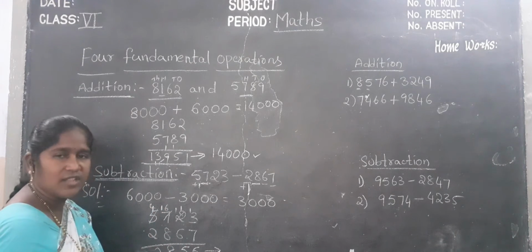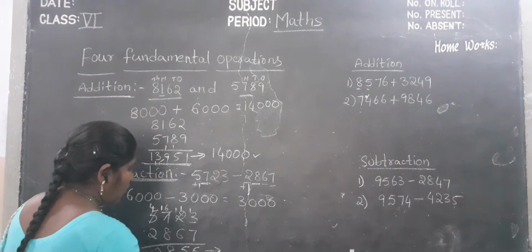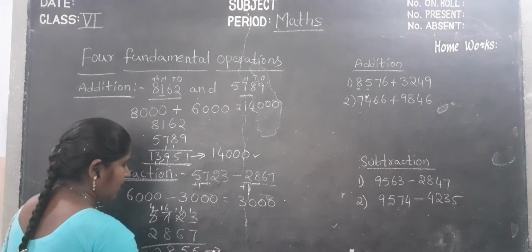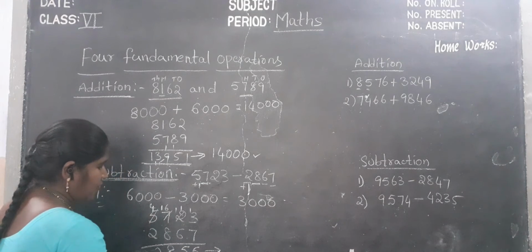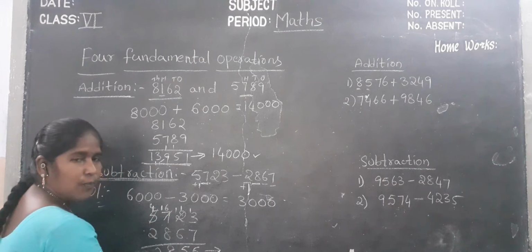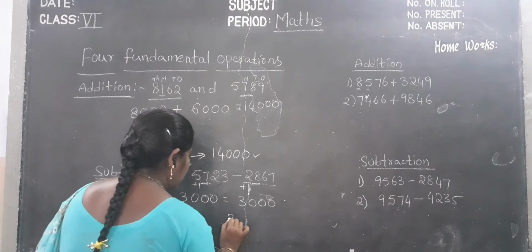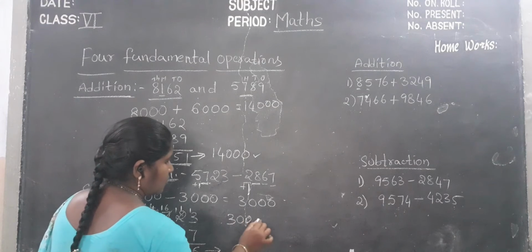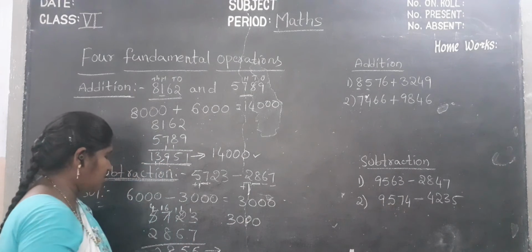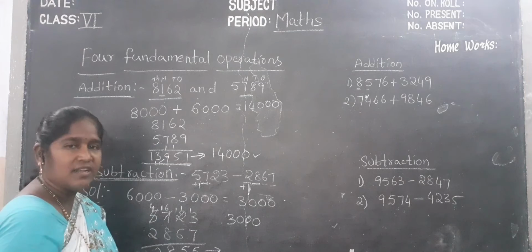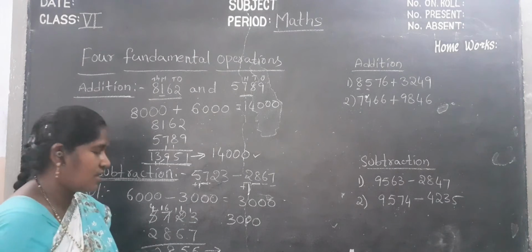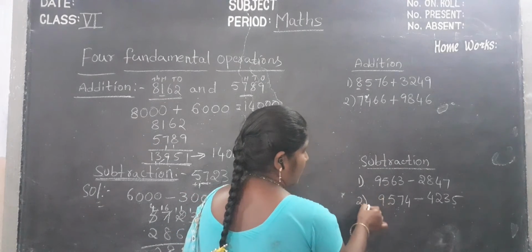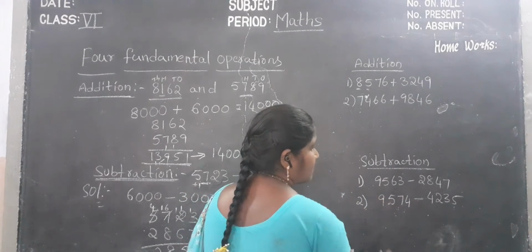So for this number, what is the rounding to thousands, children? So 2,856 means here in the hundreds place we have 8. 8 means add to the thousands place plus 1. So 3,000, and keep all the digits as zeros. So okay children, for this number we are just estimating. Estimating means rounding to thousands, children. So like this I will give 2 sums, children. Practice these sums in classwork, children.